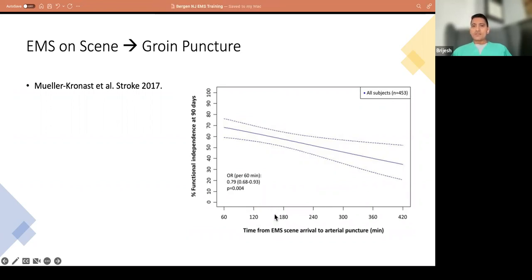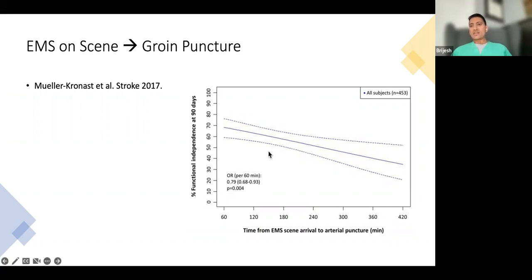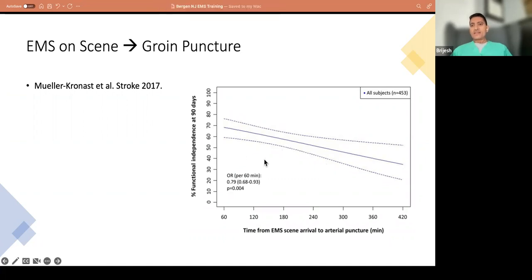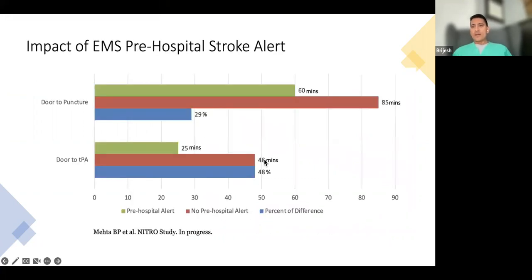So the shorter that time interval from EMS on scene to arterial access in the hospital, the higher the likelihood of a patient being independent at 90 days. And so this drives home the point why paramedics are critical in the evaluation of stroke patients: determining that a patient is suffering a stroke, measuring the level of deficits on the RACE scale or the FAST-ED scale or the LAM scale, some of the newer scales that evaluate for large vessel occlusions, and then triaging them to the most appropriate stroke center so that time is not lost and the artery can be opened up as quickly as